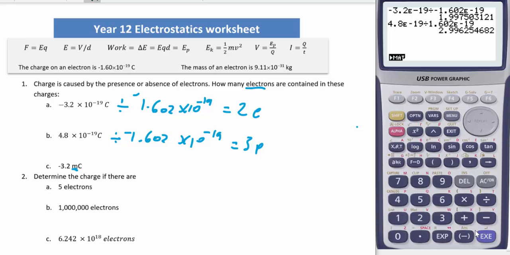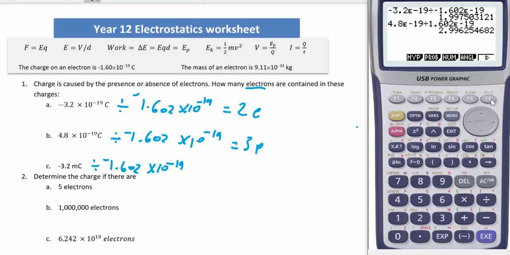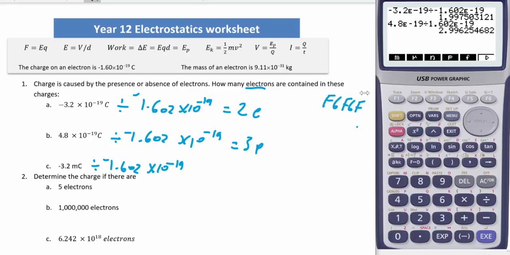This milli is a really important idea, and so we're doing the same thing by dividing by negative 1.602 times 10 to the minus 19. And if you go up to options, F6, F6, F1, you'll get milli, micro, nano, pico, and this is milli, and so I can go minus 3.2 millicoulombs, which is really 3.2 times 10 to the minus 3,